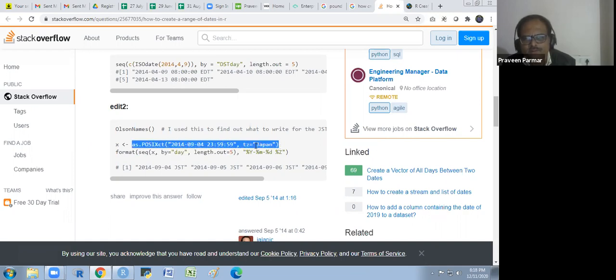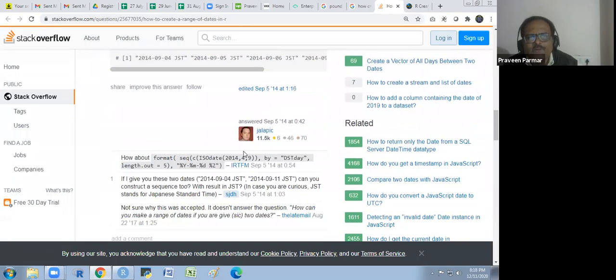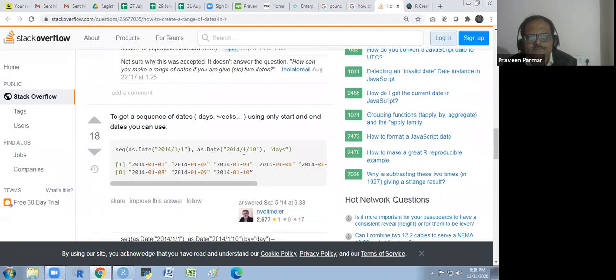The time zone, whatever you want, and then you format it to whatever length you want, you could give. There are many ways. Sequence, as.Date, comma, as.Date, this and this.